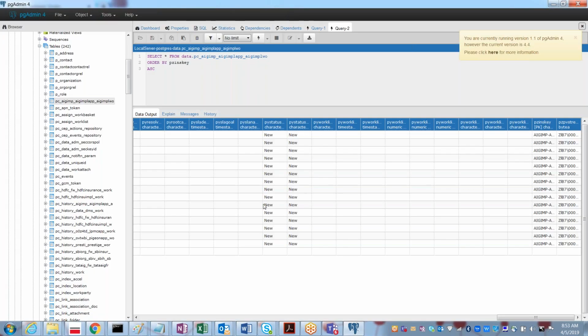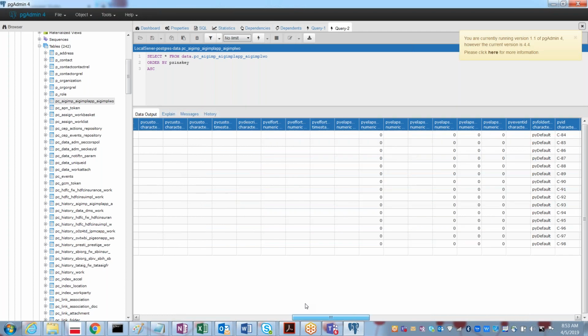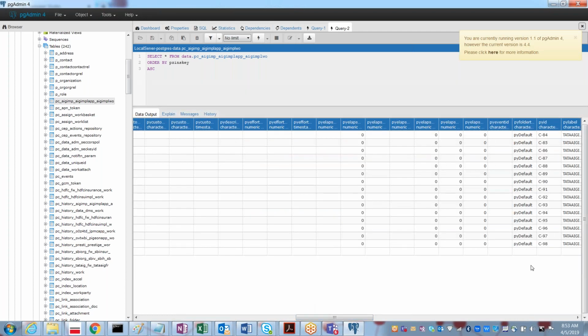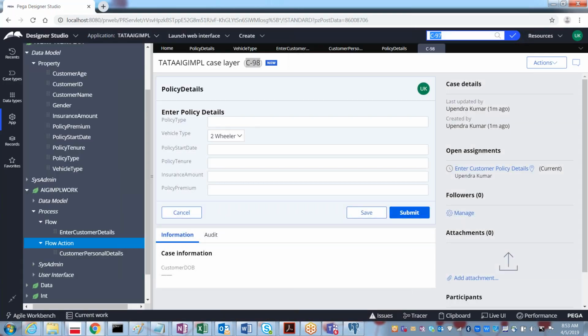Do we have C-97? Yes, it's there. C-97, C-96, all these are there under the pyID. So the work object ID will be under the pyID.